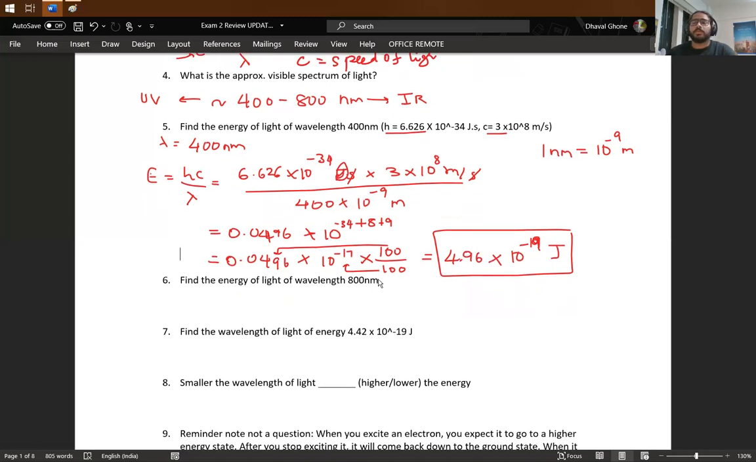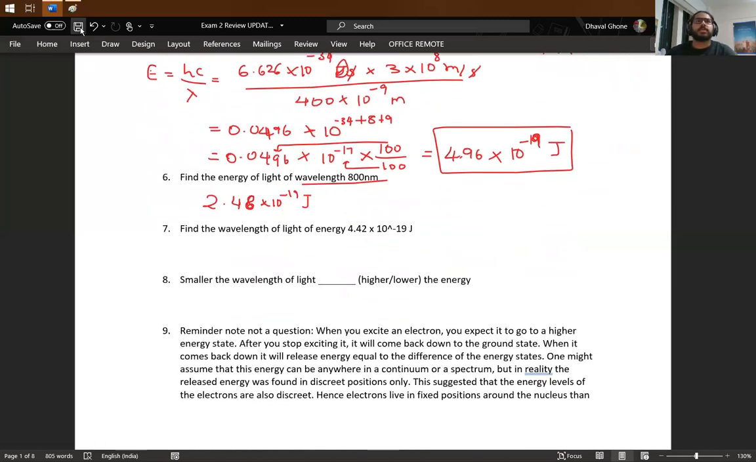Okay, if you figure that out, why don't you try doing this one? Find the energy of light of wavelength 800 nanometers. So it'll be the same method with different numbers. And if you do the math, your answer should be 2.4648 times 10 to the power negative 19 joules. Okay,